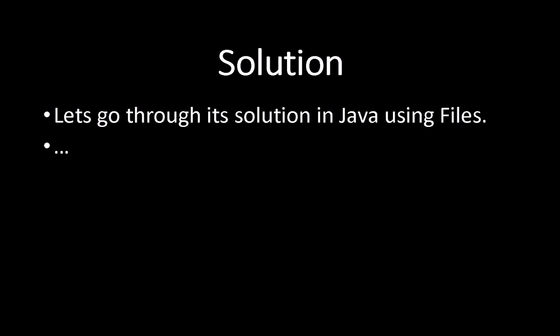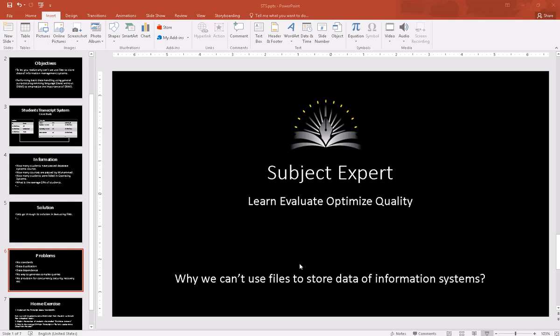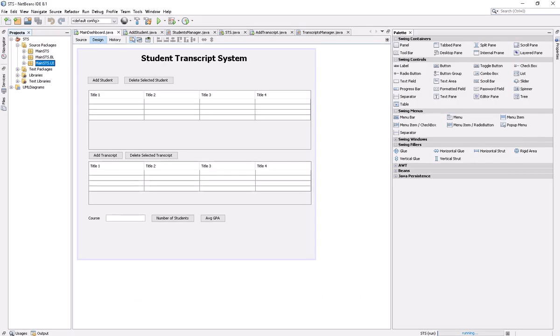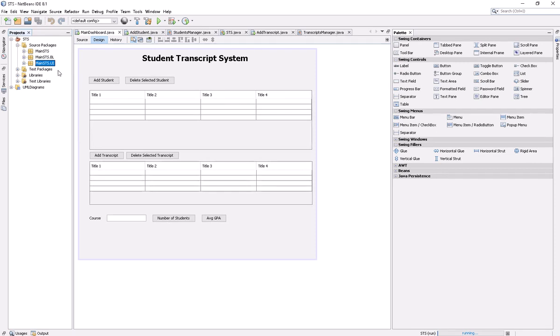Further, let's go to the solution that we are going to see in Java. I'll be opening NetBeans. Later on we will be discussing these problems in the context of our example. I have created a simple project in Java.